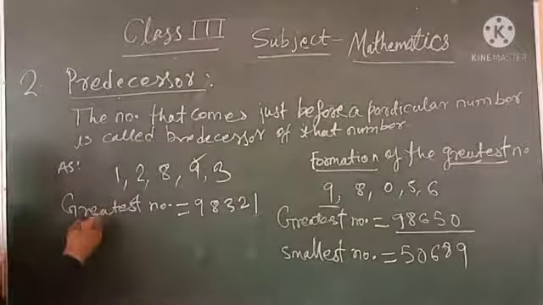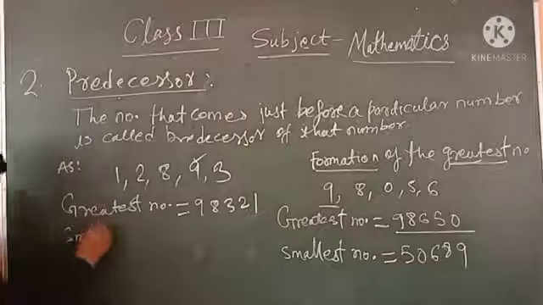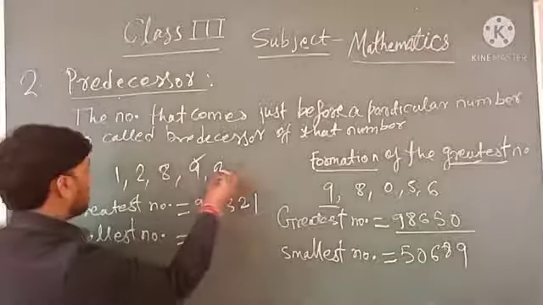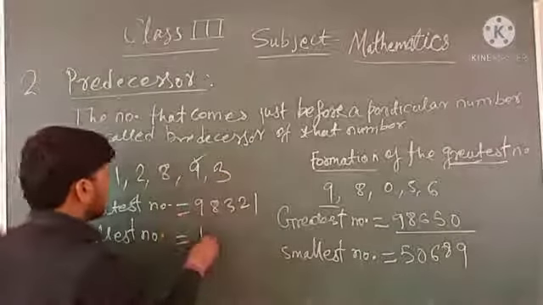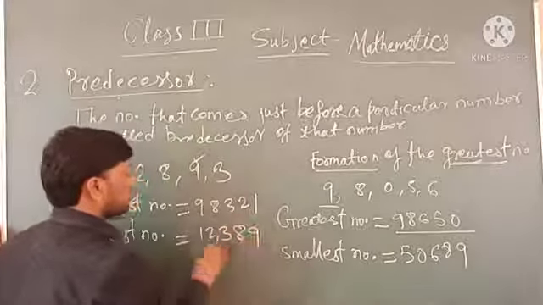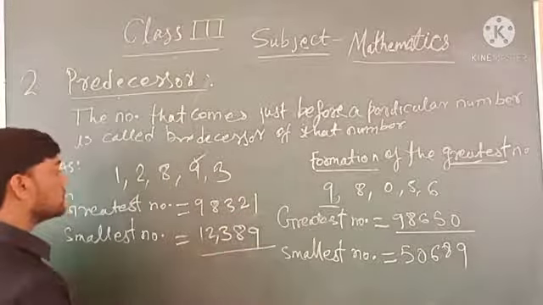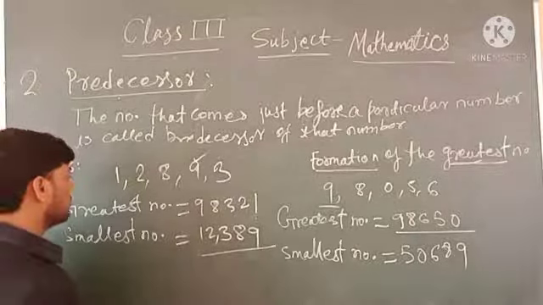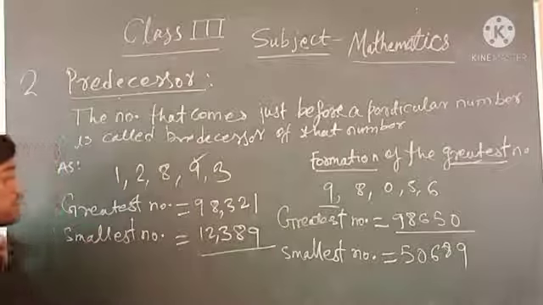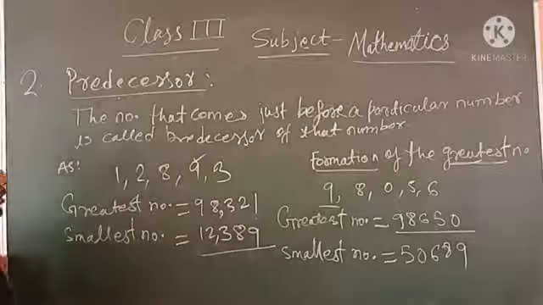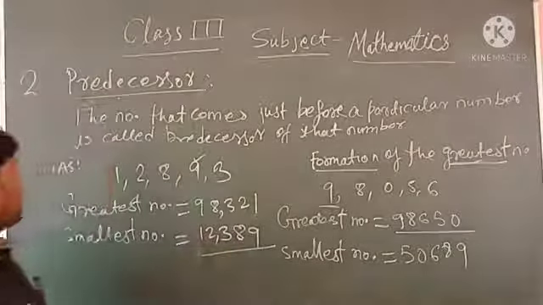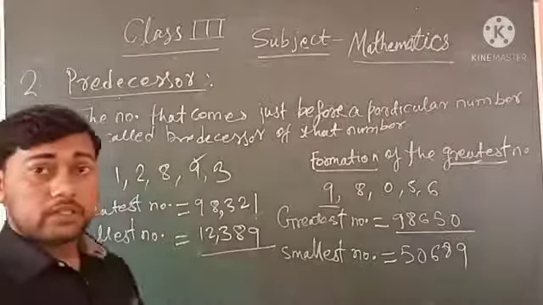This is the greatest number, and the smallest number is 1, 2, 3, 8, 9, that is 12,389. This is the smallest number, and this is the greatest number, 98,321. So students, like this we find the successor and predecessor